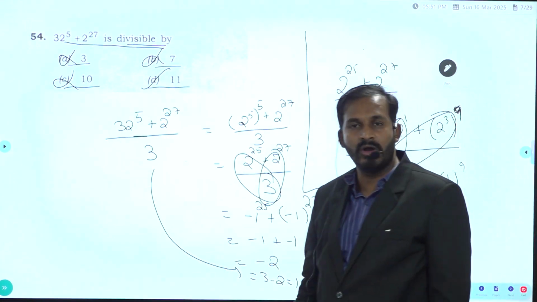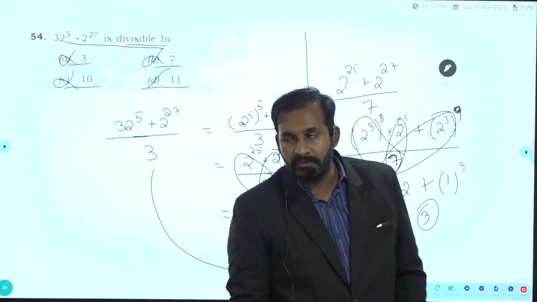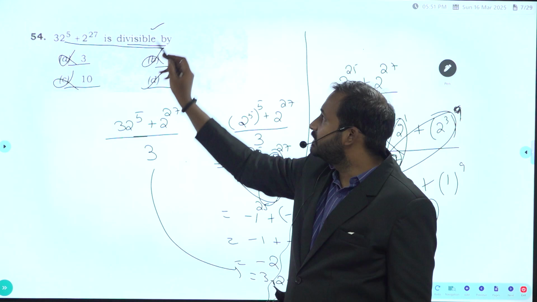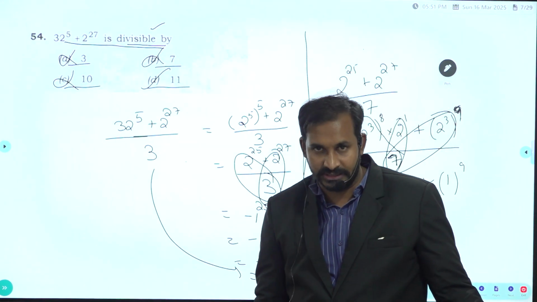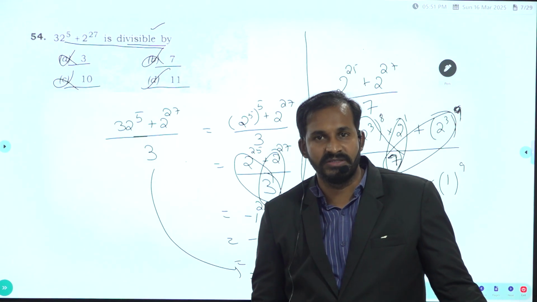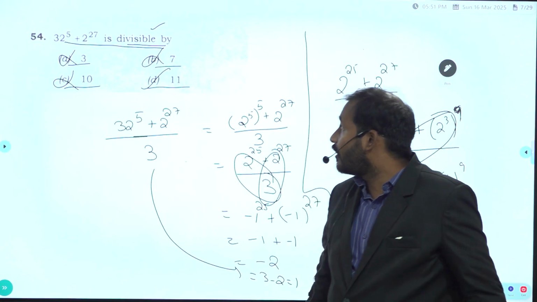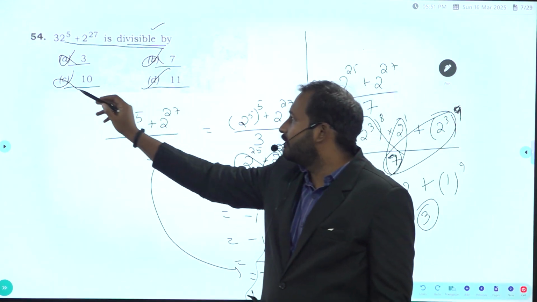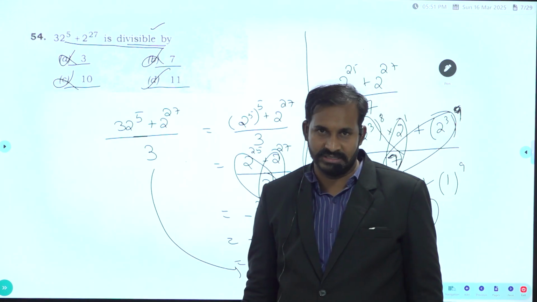So you need to do the option verification for these type of questions. Even though by seeing the word divisibility, this is not belonging to divisibility rules. Actually this question belongs to remainder theorem. If a number is exactly divisible, definitely the remainder you should get there as 0. So out of 4 numbers, for 3 numbers it is not a 0. Obviously the fourth one will become our answer.